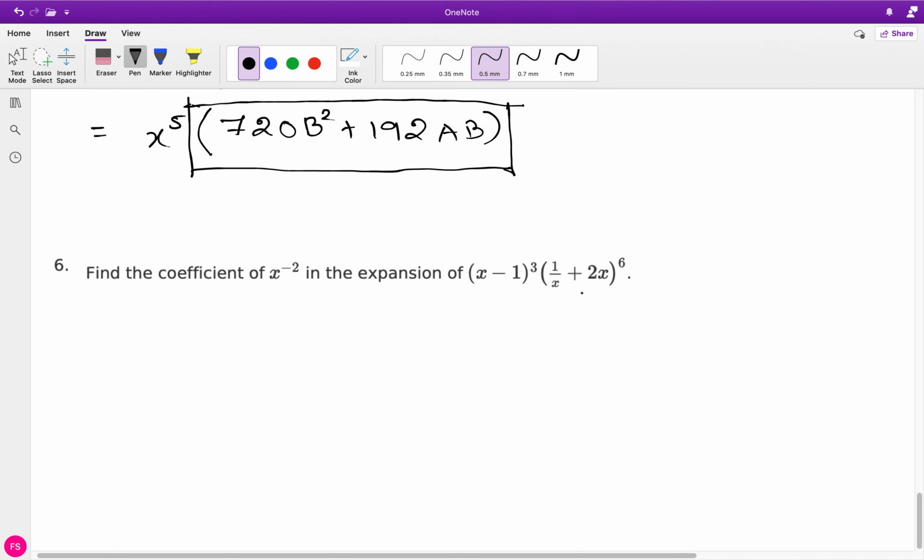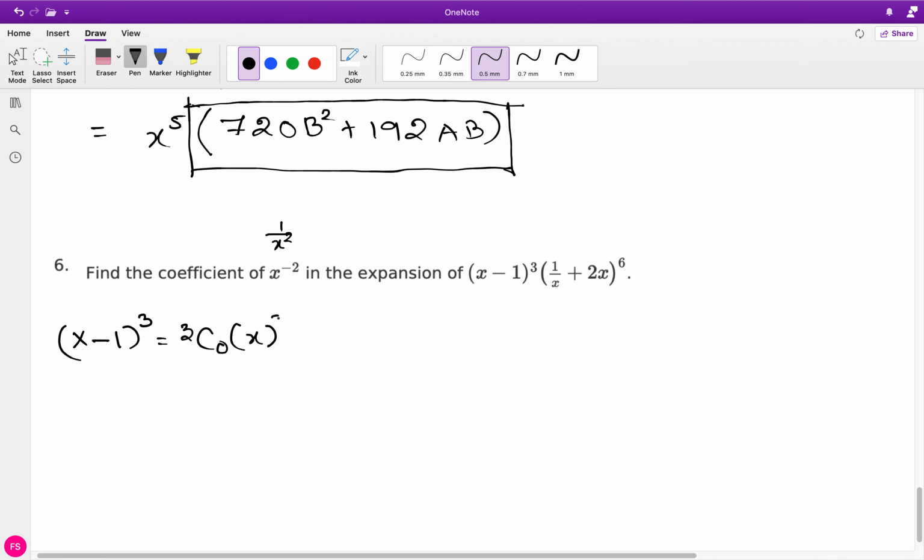That's why for this question, I'm just going to expand it. And then I'm going to see what products you need, what terms you need to multiply to get x to the power of -2, which is also the same thing as 1 over x squared. Then let's expand the first term, which is (x - 1) to the power of 3. This will give you